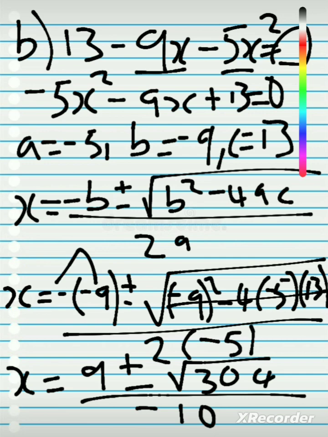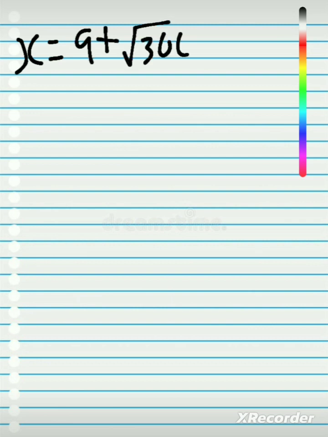Now we go to the next stage, so I'll erase everything. So we have x equals 9 plus square root of 304 over negative 10, or x is equal to